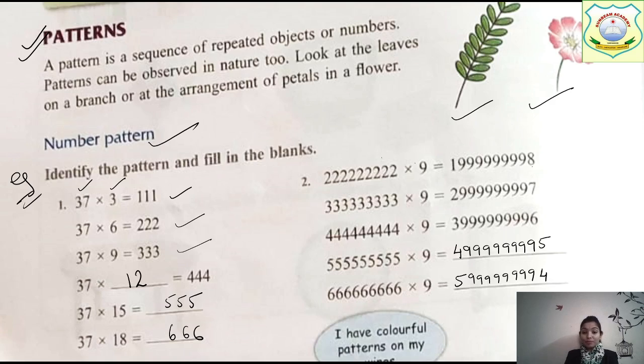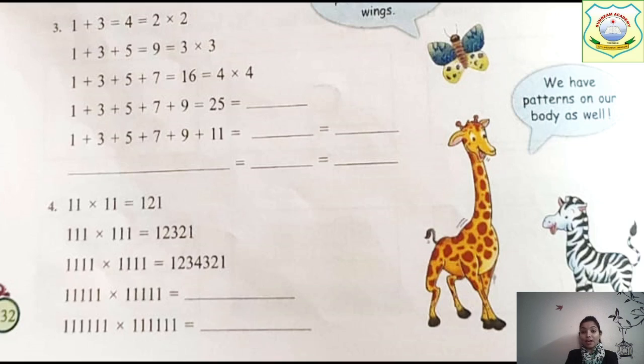Now you can see below there is a diagram. Here is a picture of giraffe and zebra that we have already discussed. I have already told you about this zebra and this giraffe, that we have patterns on our body as well. They are saying to each other that we have patterns also. I have colorful pattern on my wings, and see this butterfly is having some pattern on the wings, right? So these are called pattern. ये जो इसमें symbols ऐसे बने रहते हैं, ये जो design है, this is called pattern. And here this is called the pattern of zebra, right?